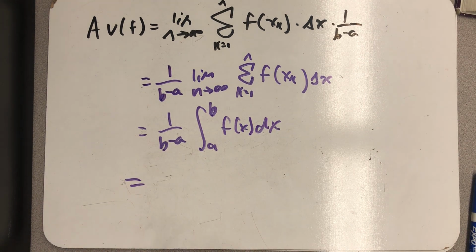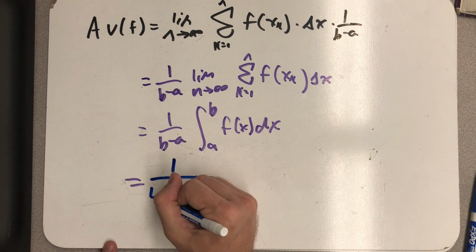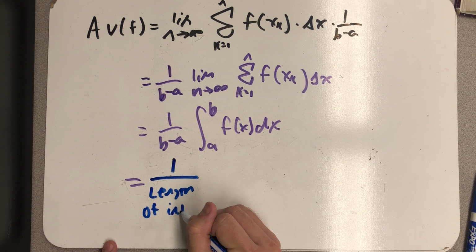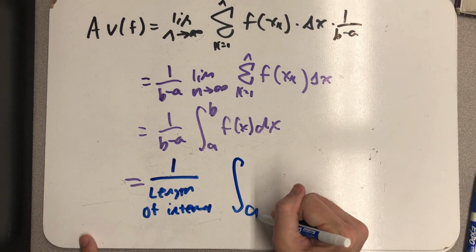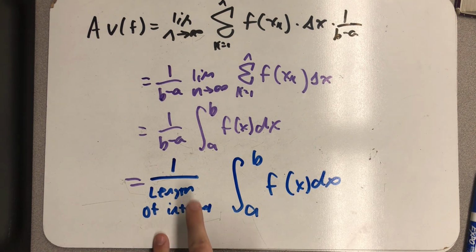And I'm going to reimagine this just one more time. This is the formula for average value you know, and it's absolutely true. But one way to think about it is that it's 1 over the length of the whole interval between a and b, times that single integral. And that seems pretty funny to write since that's such an easy calculation, but I'm going to leave it there because it's going to look familiar to us in a